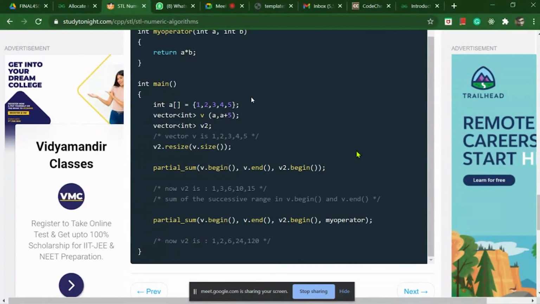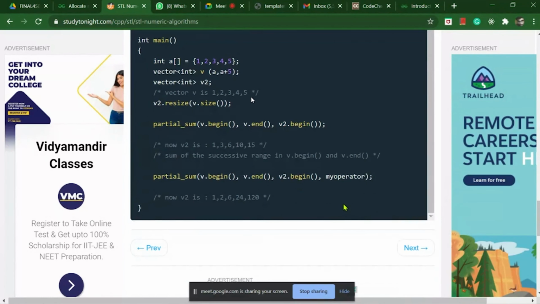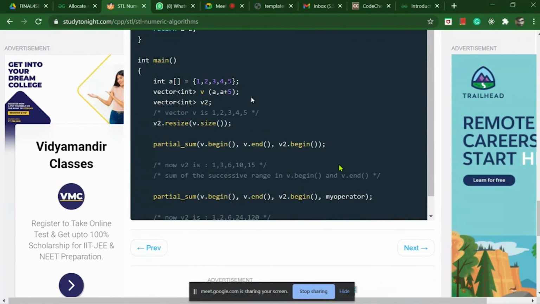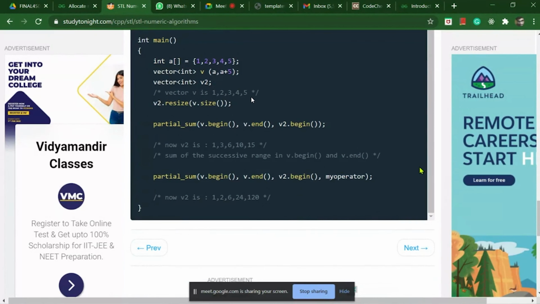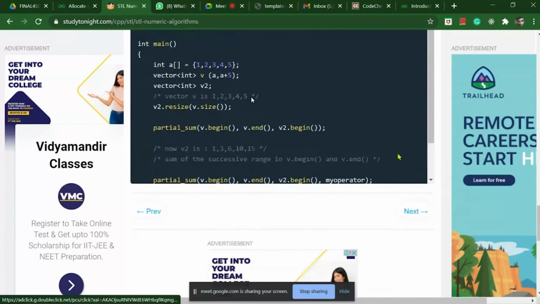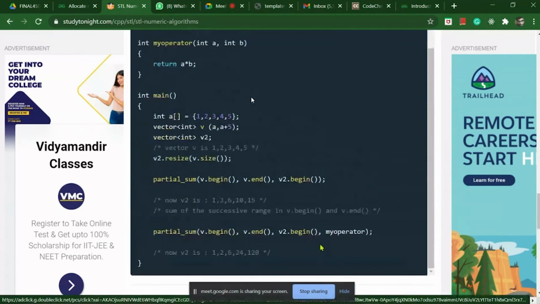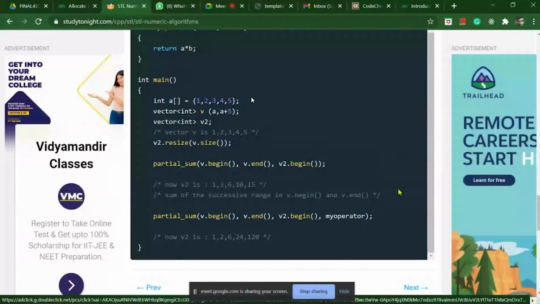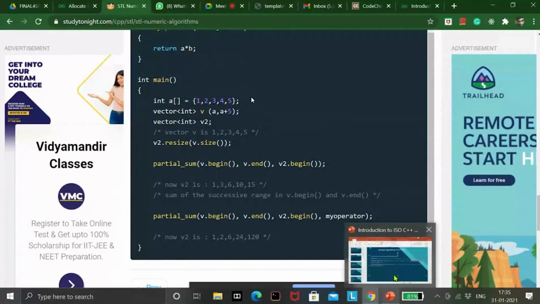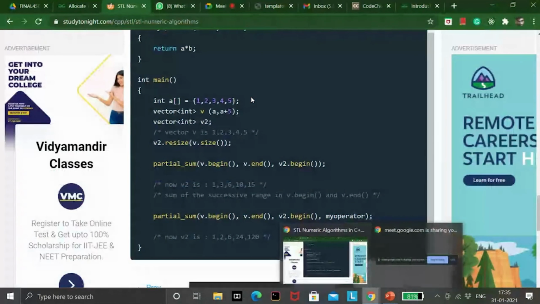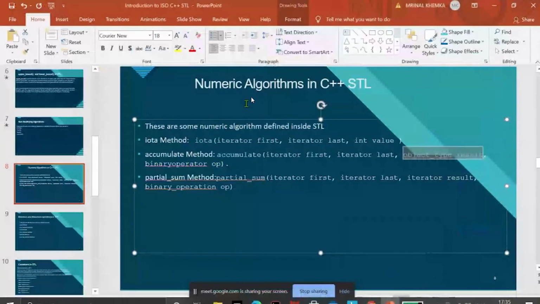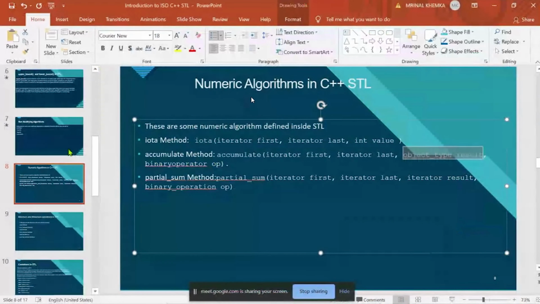Basically it stores the result partially, so it sums up the values from partial positions. You can see an example here. So this is the numeric algorithm that is defined in C++ STL.